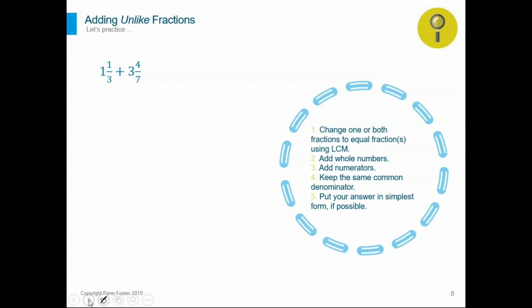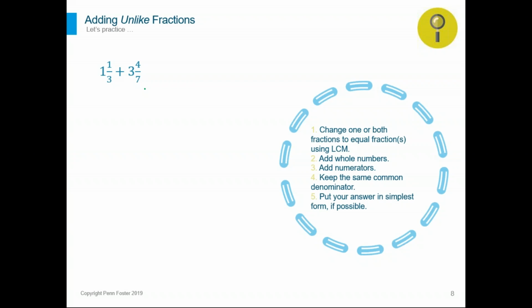That means we are not able to add 1 plus 4 is 5 and 3 plus 7 is 10. We cannot do that. We have to find the LCD, the least common denominator. And we do that by listing the multiples of 3 and the multiples of 7. Whatever number comes first to be common between the two lists, that would be the new denominator that you're going to use. By practice, you will notice and you will identify the LCD without having to list all the multiples